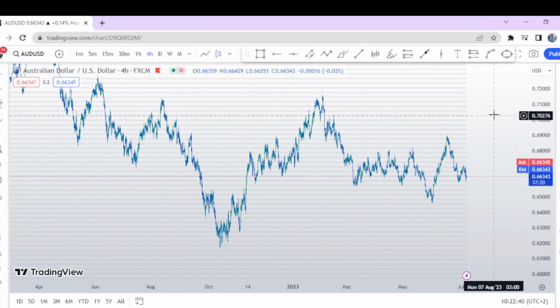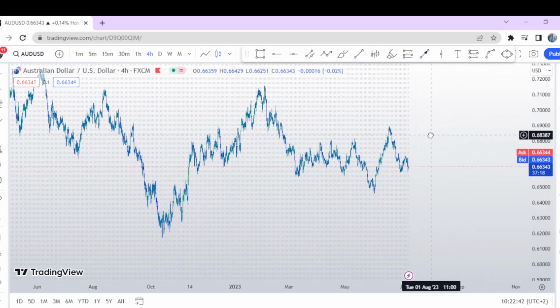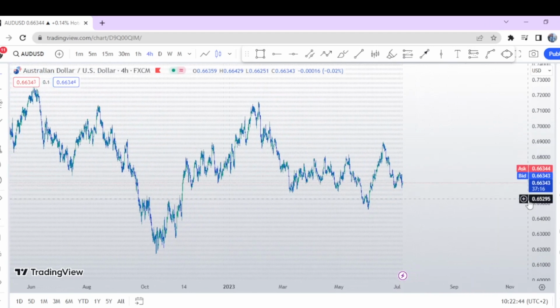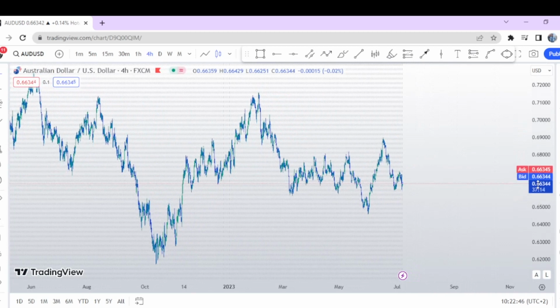And today we're going to be looking at some important things to look out for before you take your trades. These are very important things that you have to consider before you execute your trades. Okay, so we're going to start here with the